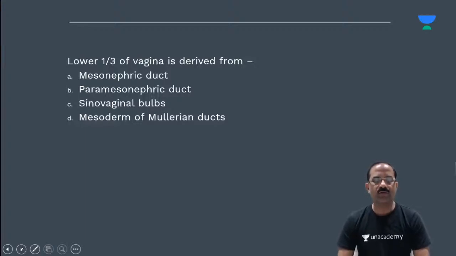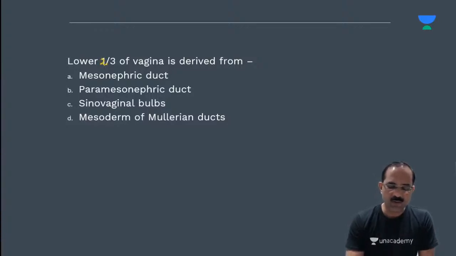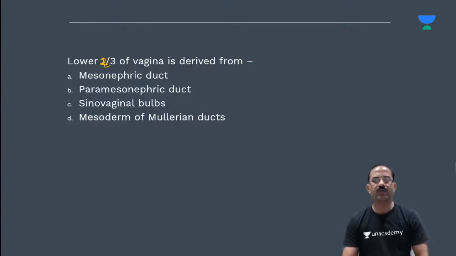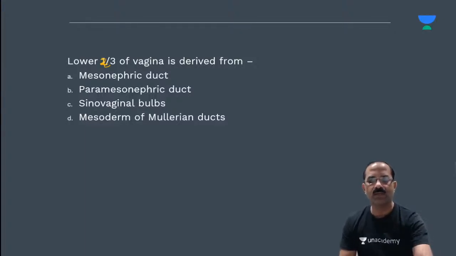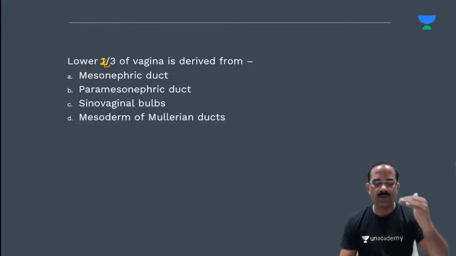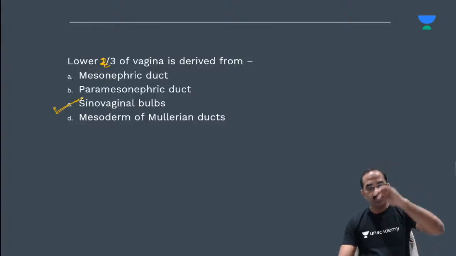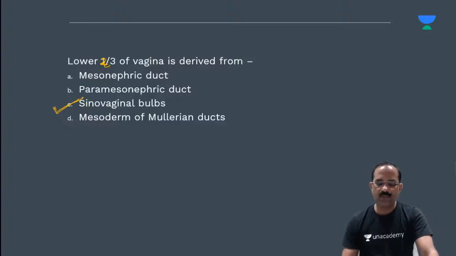It should be the lower 2/3. That's actually a mistake in the question. Such mistakes also happen in questions. The upper 1/3 is derived from one source, and the lower 2/3 is derived from something else. So lower 2/3 of the vagina is derived from sino-vaginal bulbs, and the upper